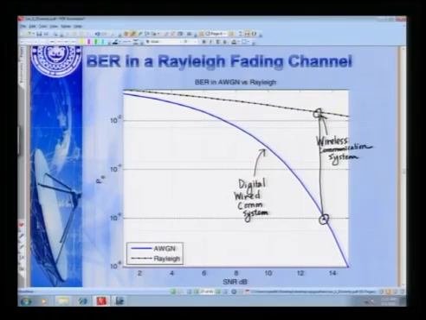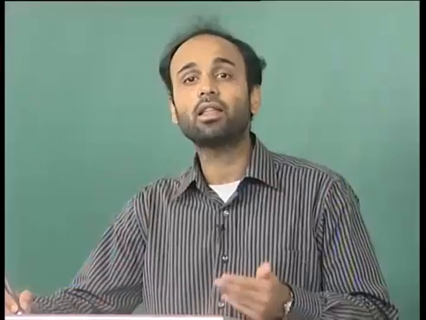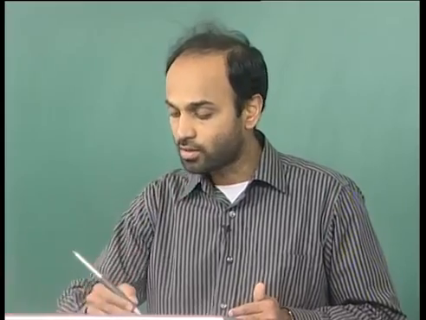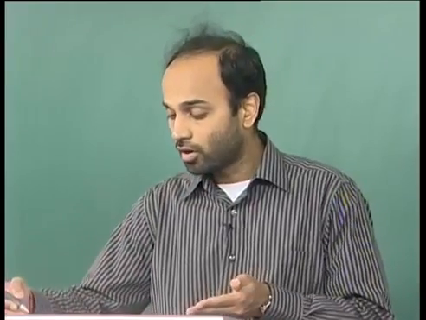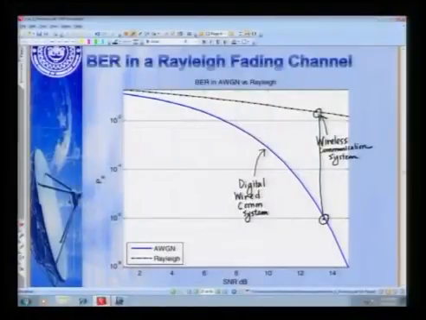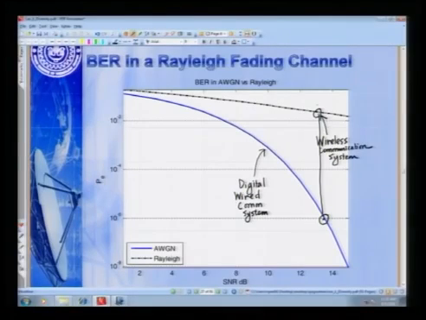In a wired communication system, whereas the bit error rate is 10 power minus 6 at 13.6 dB, in a wireless system it is much greater than 10 power minus 2. This is approximately 2 or 3 times 10 power minus 2. So, if you compare it, it is of an order of magnitude 10 power minus 2 versus 10 power minus 6, which is 10 power 4 times higher, or 10,000 times higher than the bit error rate of a wired